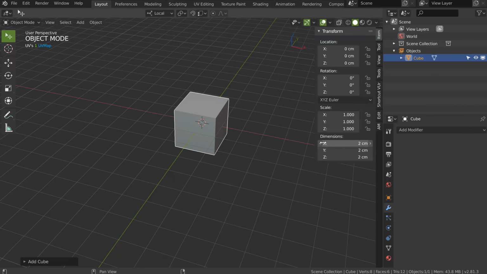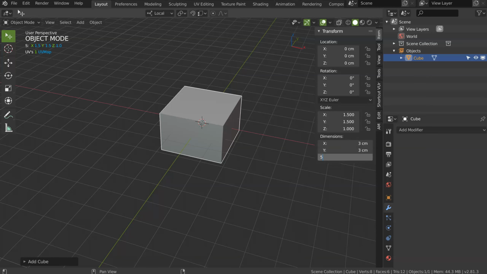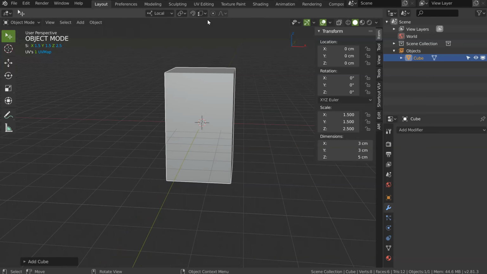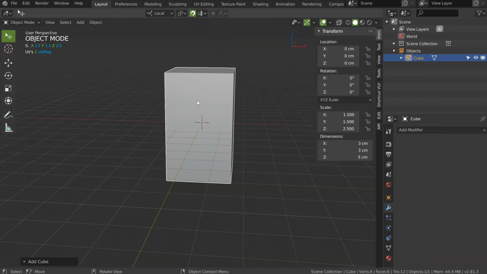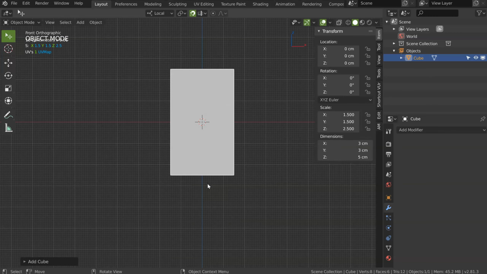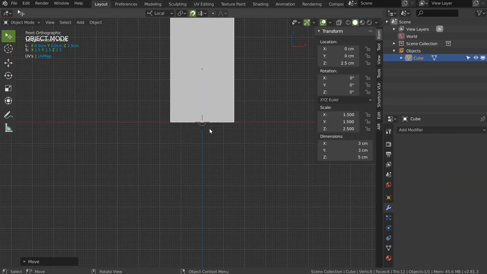and to check the size of this cube. I want in X and Y, 3 centimeters, and in Z, 5. Just like that. I will activate the snap increment and activate the absolute grid, and I will just move it here and do something like that. On this one, I will press Ctrl on the display mode to make it bounds, and I will press N. This one, we will name it ref, like that.